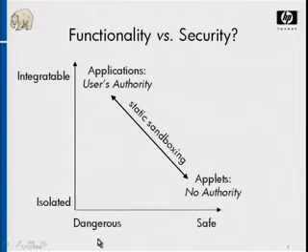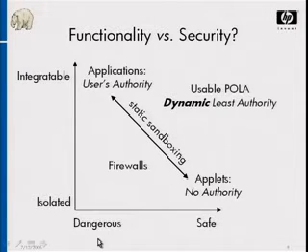Java has explored with Java Web Start various kinds of static sandboxing that are usability disasters and will only allow you to trade off safety for functionality in an unsatisfying way. Firewalls are neither safe nor not safe, but still have a tremendous cost in integration across organizations. And of course, anytime anybody shows a diagram like this, what they're going to then advocate is in the upper right-hand corner, and this talk is no exception.